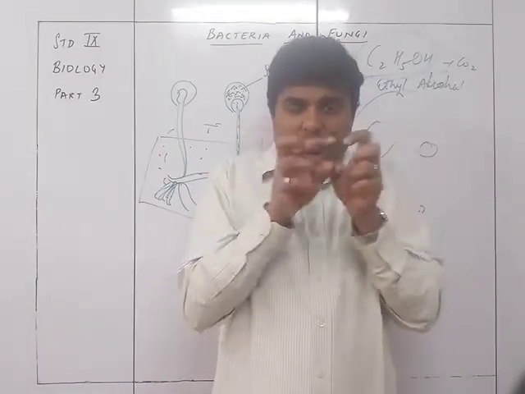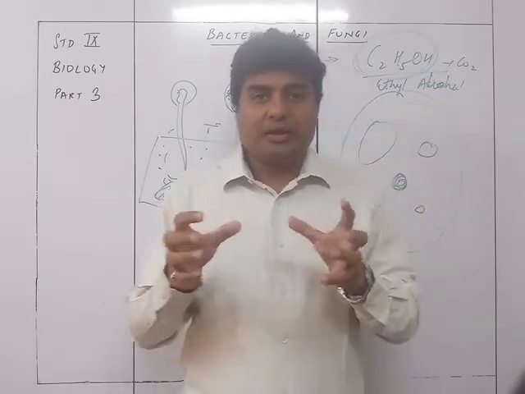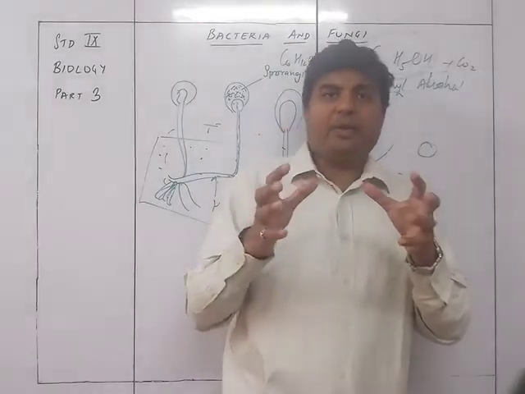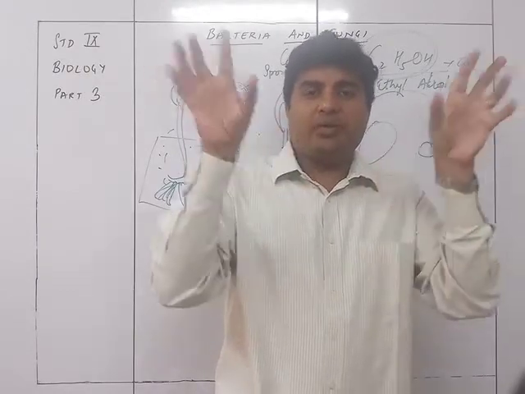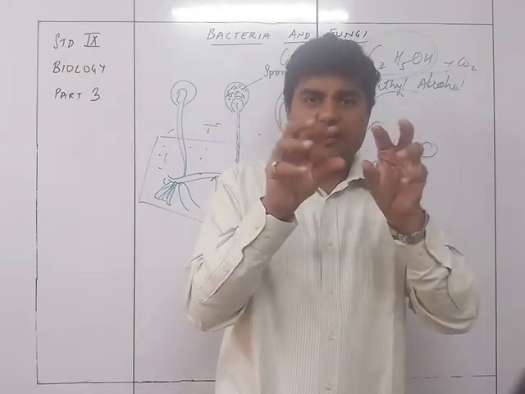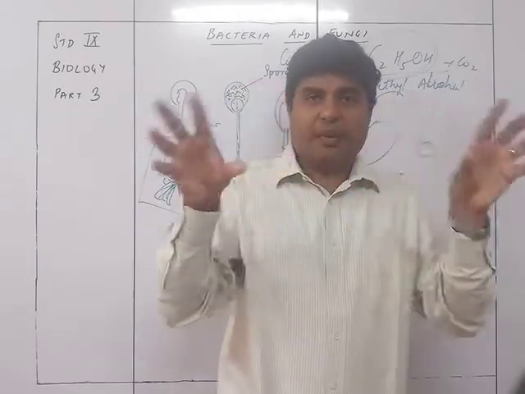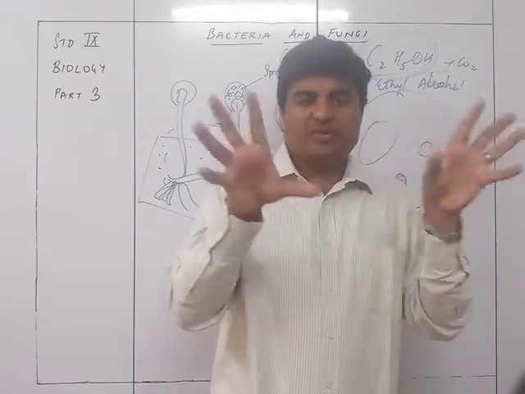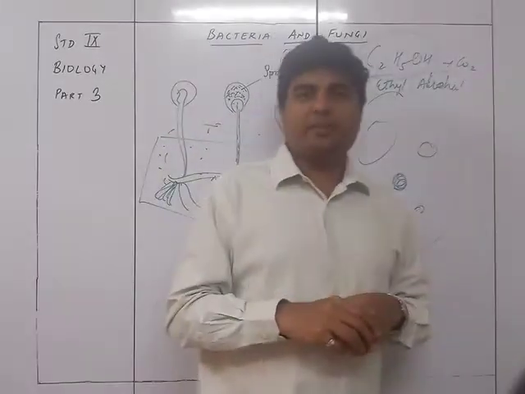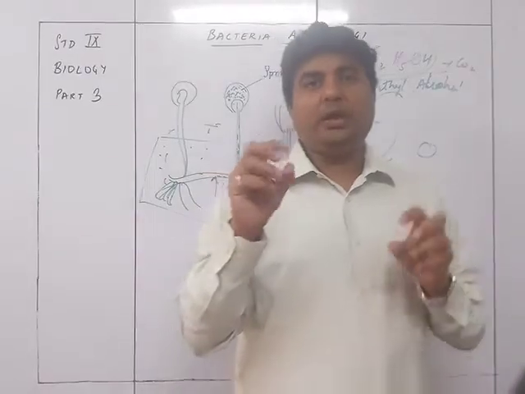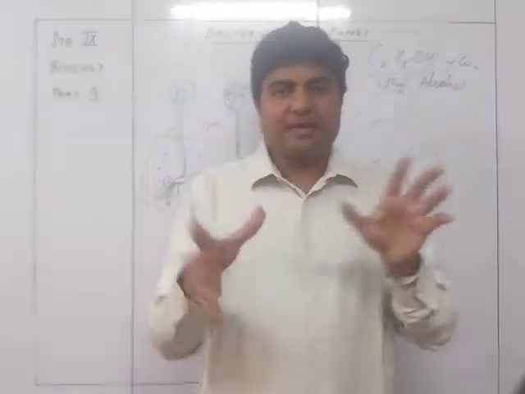They will get entrapped into the pores of this particular atta and that dough, and then when it is put into the oven, at that time this carbon dioxide will try to release out, and wherever it was, there will be expansion. That's why the bread gets the texture of a bubbly, porous kind of material. So the sponginess of the bread is achieved due to the pores which are formed by the carbon dioxide present inside that particular dough.